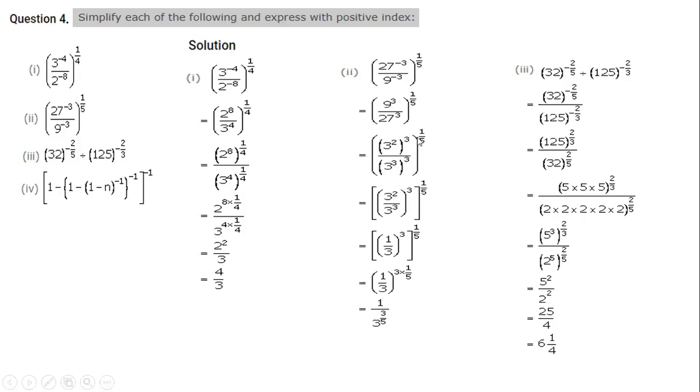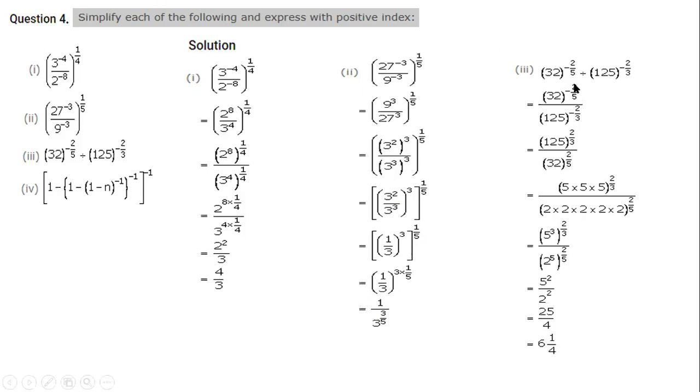So this is a power m over b power m. Power is same, so we can rewrite this one as a by b power m. Now in this one, bases are same and division is there, so powers are going to be subtracted. So 3 power 2 minus 3, 2 minus 3 is minus 1. That means 3 power minus 1, which can be written as 1 by 3. Now 3 into 1 by 5, 3 by 5. So we are having 1 by 3 whole power 3 by 5. And if you want to write this one like this, then you can.